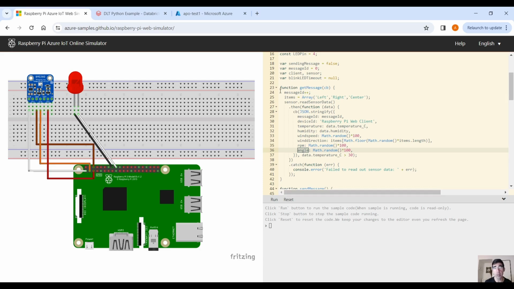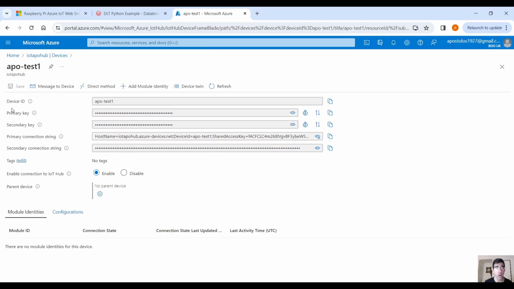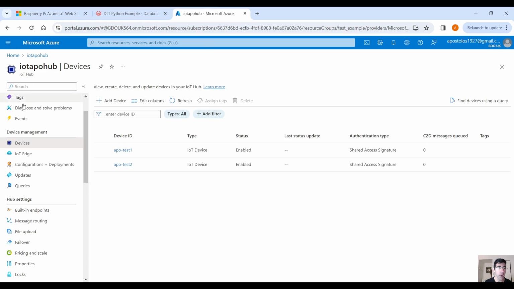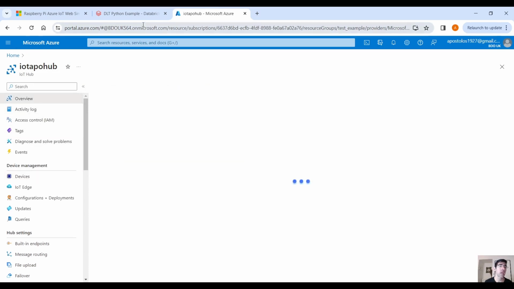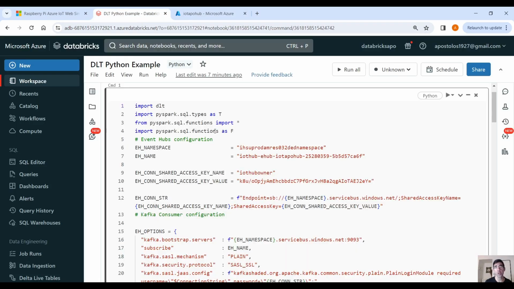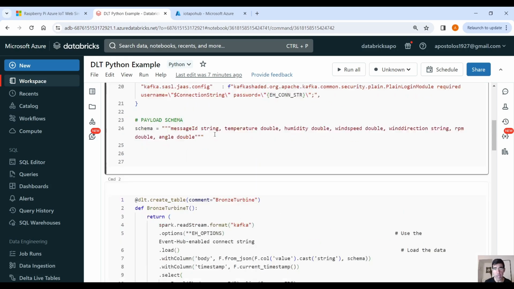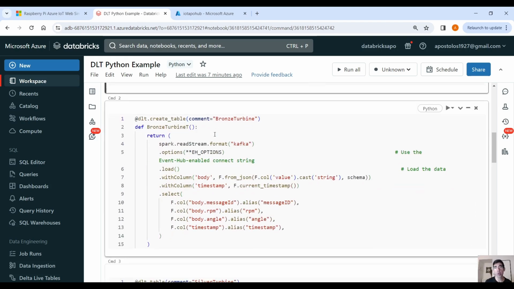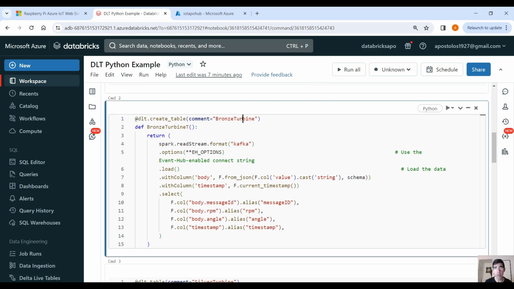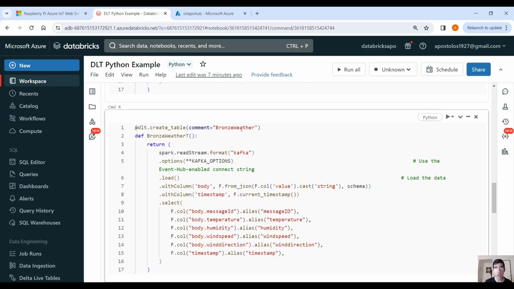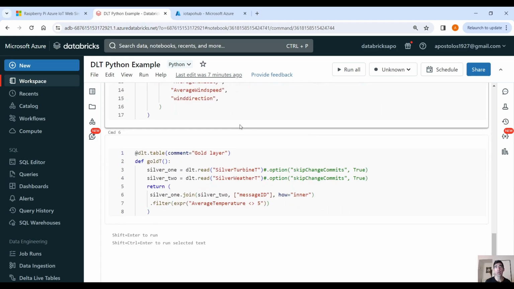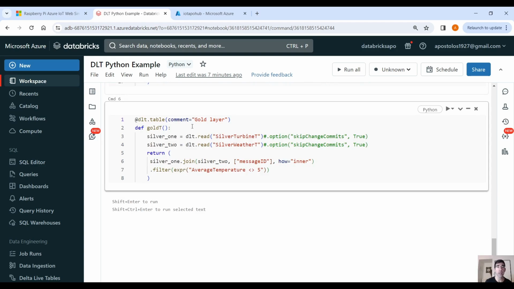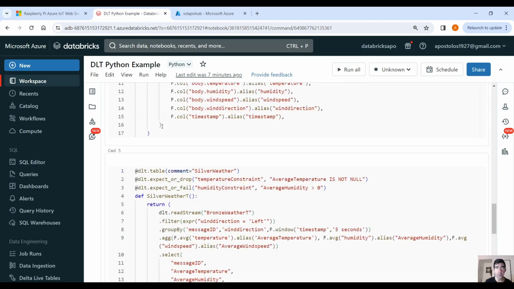first of all, is to send that data into our IoT hub, to our IoT device, and then consume this data using Delta Live Tables, and actually create two bronze tables, one for turbine data and one for weather data, and then two silver tables, one for turbine data and one for weather data, and then join those tables in the last step to create the gold layer. Okay, so